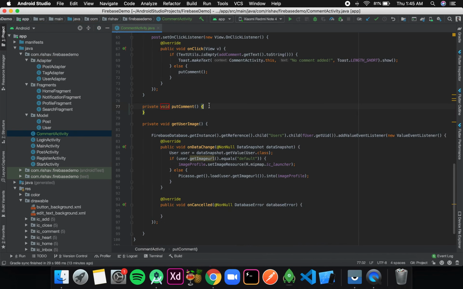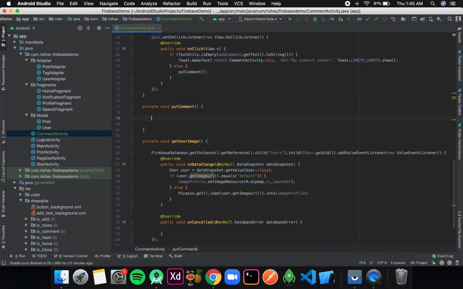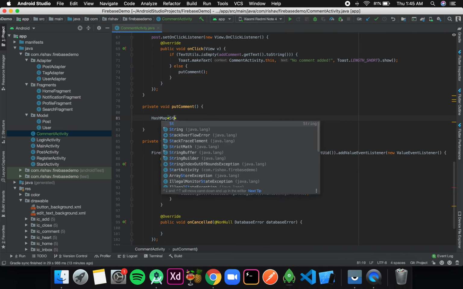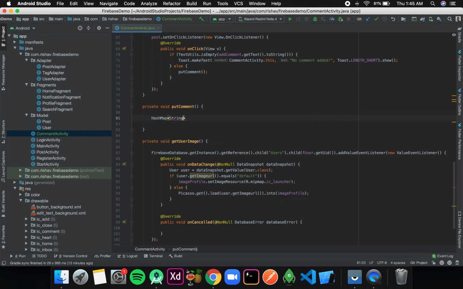Okay, now inside this putComment, first of all I'll create a HashMap to store the data, HashMap of type String, and value type will be Object, and I'll call it map, and I'll initialize it over here, new HashMap.